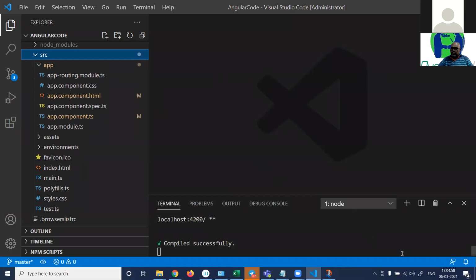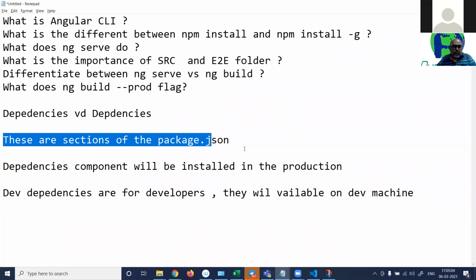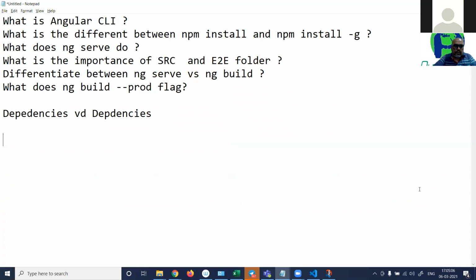Okay, before I proceed, let's put down some questions. Please write down the answers, and please name this series Angular interview questions. Think about it like we are preparing for interviews. We'll be doing a project, but think that you are preparing for the interviews also, right? So what are components?